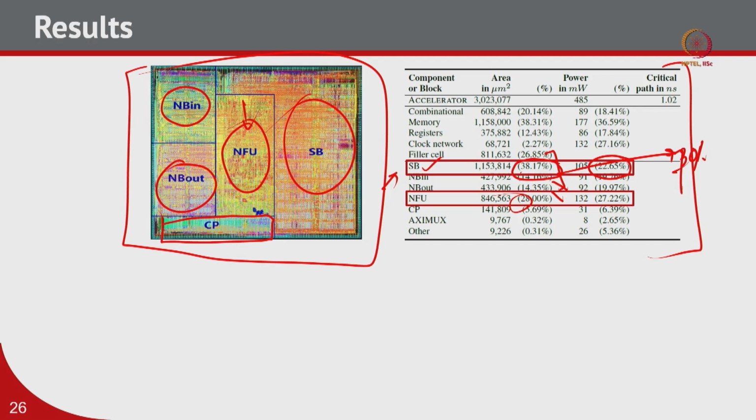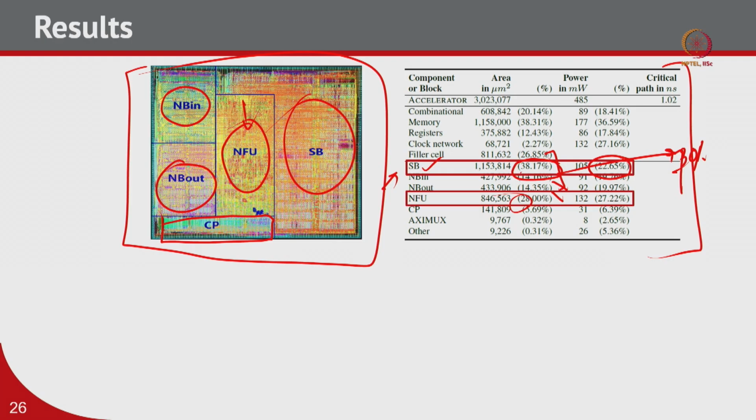right. And then we may not be speculating, or we may not be guessing, that at the end of the day the area of a good accelerator is mostly consumed by the storage, and that is why there is a bigger problem than computation. I mean, memory is a way bigger problem than computation when it comes to this DNN acceleration, the execution of